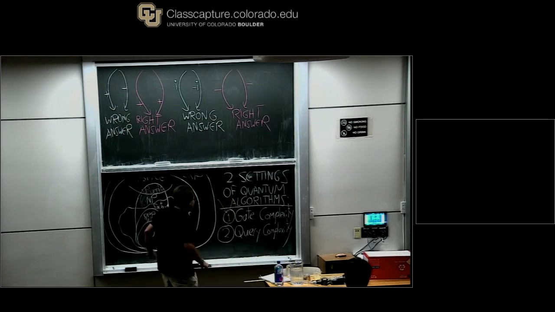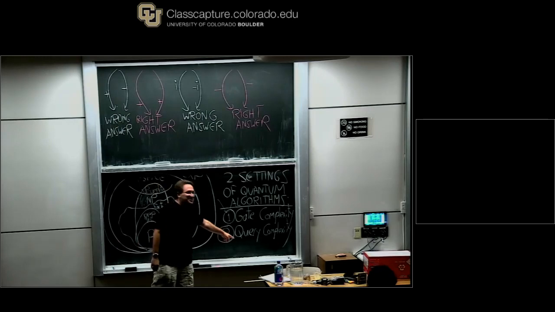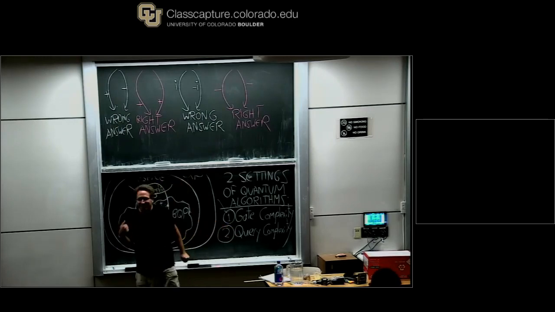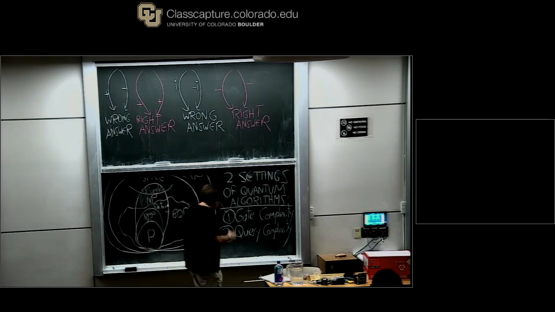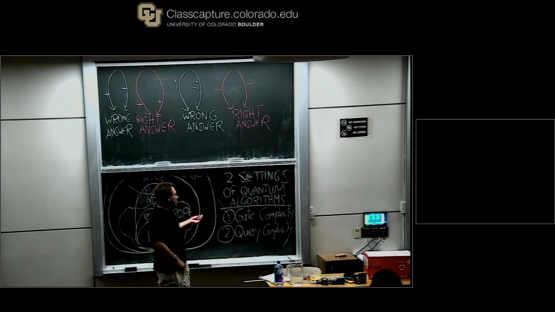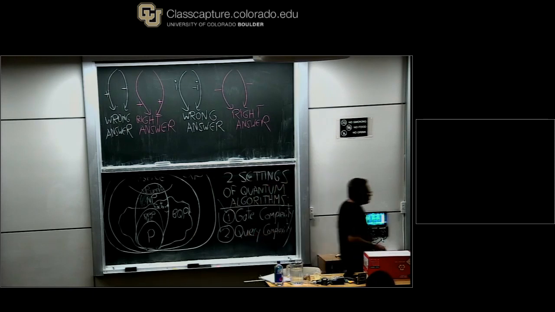Okay? The way to do it is to switch to a different setting of quantum algorithms, which we call the setting of query or black box complexity. Okay? And in practice, this is, I would say, the majority of the thinking about quantum algorithms that actually happens in the second model. Okay? So what is the difference between the two? Right. Well, in